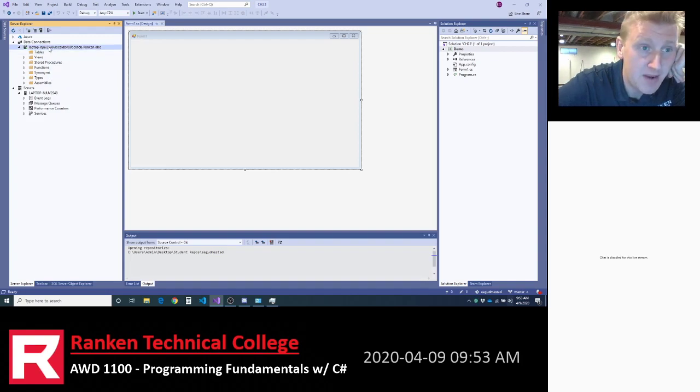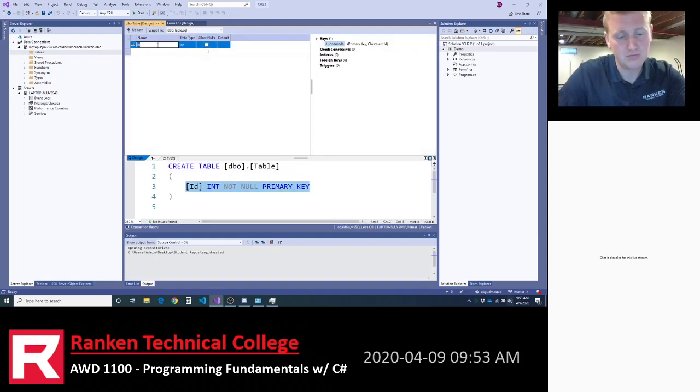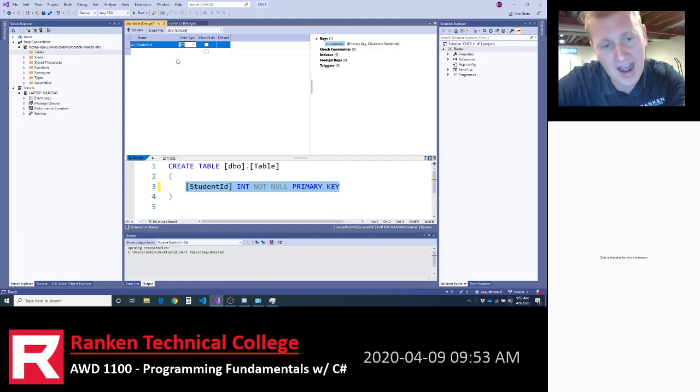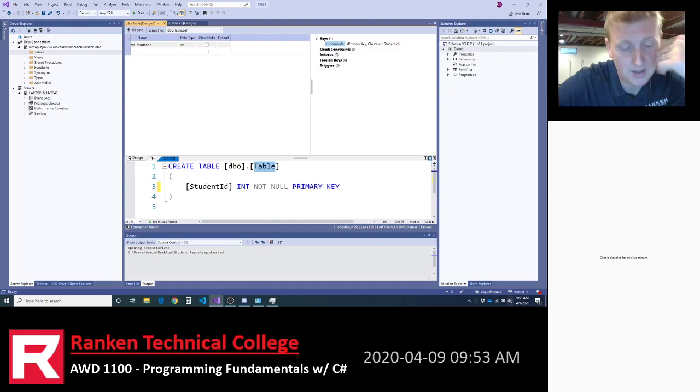So we've connected, we've made a database table, add a new table. And you can type in here. I've created tables using SQL, and you can kind of see what it's doing. The name of the table goes right here, and so I'll just call this student.